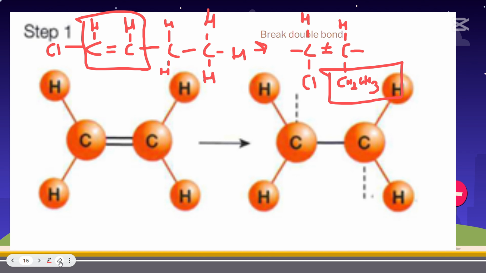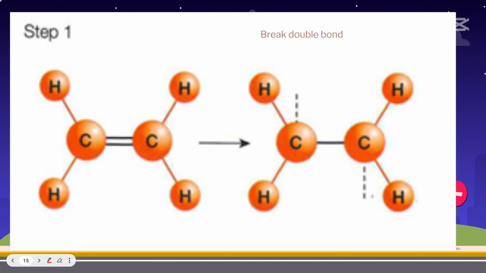All right, now for doing your addition polymerization reaction, step one is that you break your double bond. You saw me doing it earlier. You break the double bond. That's step one. Once you break your double bond, once again the carbon is able to bond 4 times. In this case, it's bonded 3 times. So now you're able to accommodate another bond. They do it this way, but my recommendation is to draw the bond here along the side. Put your bond along the side, that way you know that I'm going to put my additional